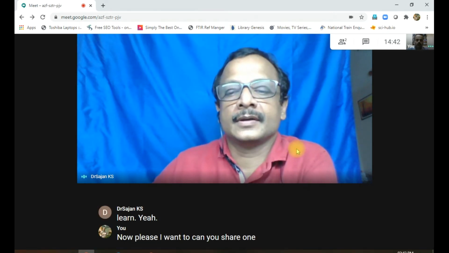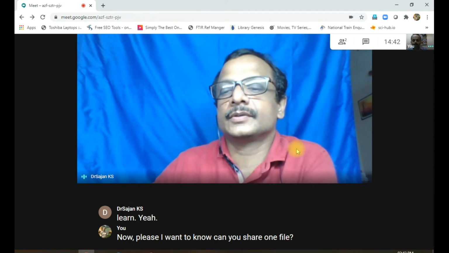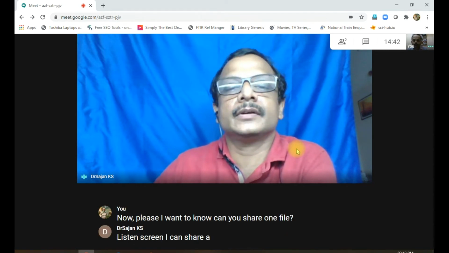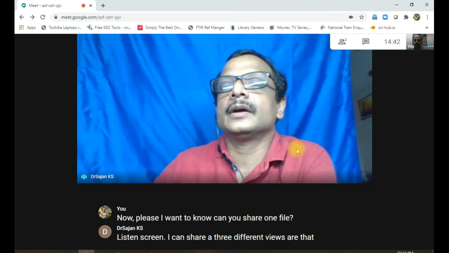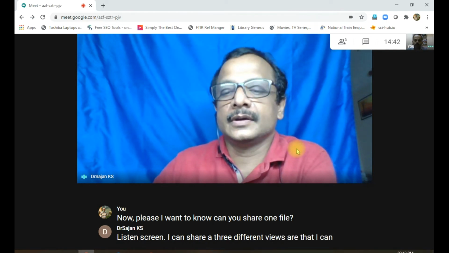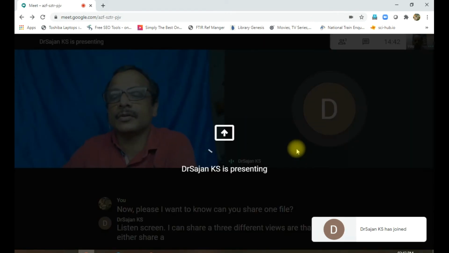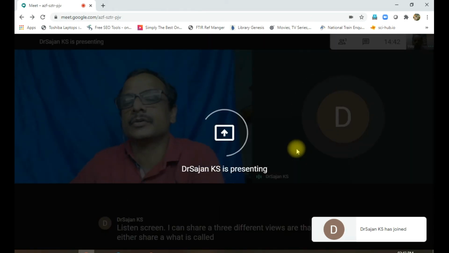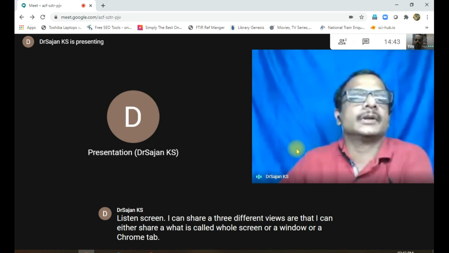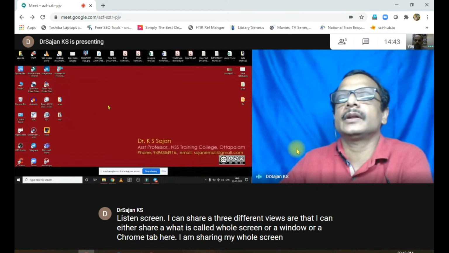In screen sharing, I can share three different views. I can share either the whole screen, or a window, or a Chrome tab. Here I am sharing my whole screen, and from here I can play any file on this screen.